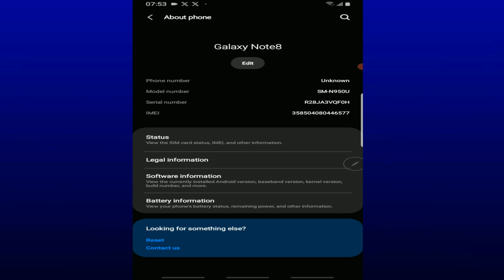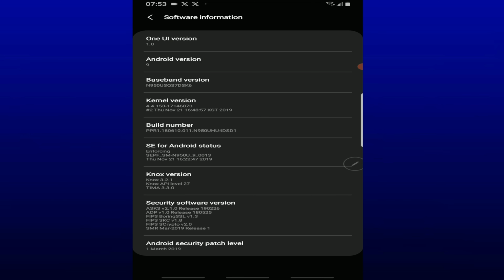And select software information. So you realize in here there are lots of options in here. Select build number. So tap on the build number, tap on it multiple times till it asks you to confirm via your lock screen or your PIN, any type of lock screen that you've used. So tap on the build number,